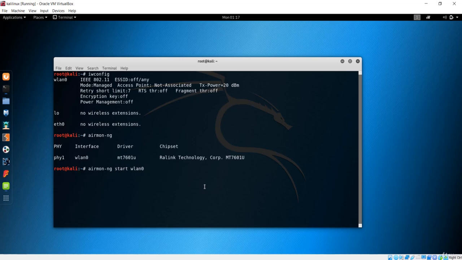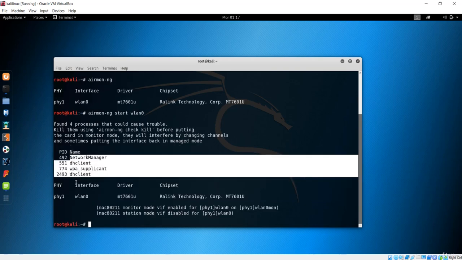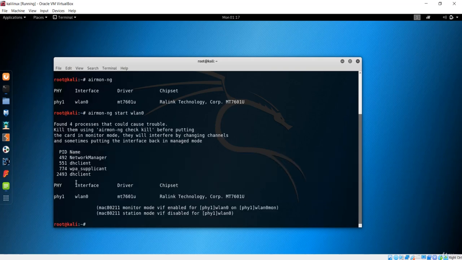This is our interface, wlan0, and if I hit enter, it is going to kill the network manager, the DHCP client, and everything. These are the processes that give us the internet connection. So now you can see clearly that we have changed from managed mode to monitor mode.